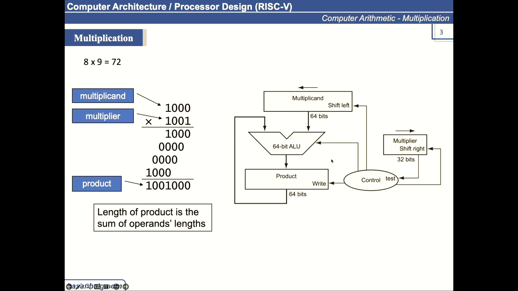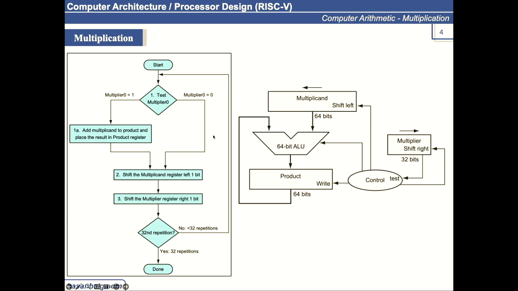So depending on whether the multiplier bit is 1, the addition is performed and the results are stored, and then it will also shift the multiplier right. So this is the multiplier. If we keep on shifting right, we will only be checking the LSB. Okay, so let's look at the flow chart, how the algorithm